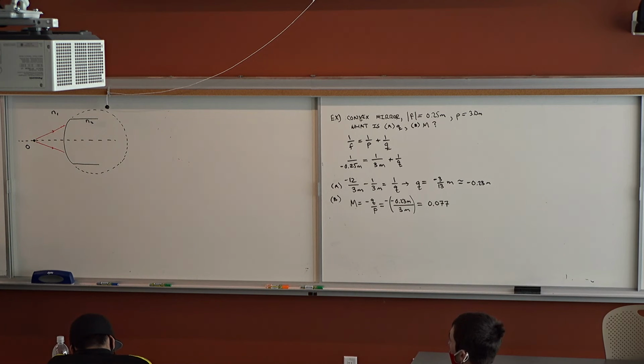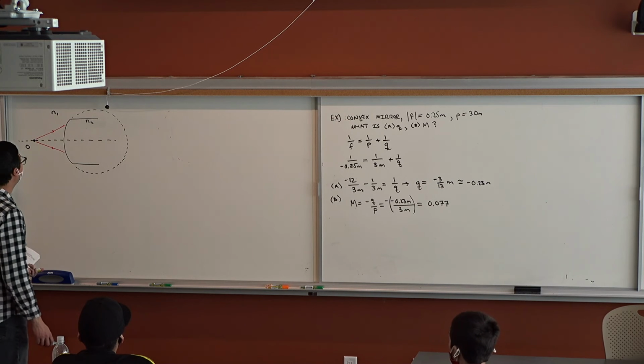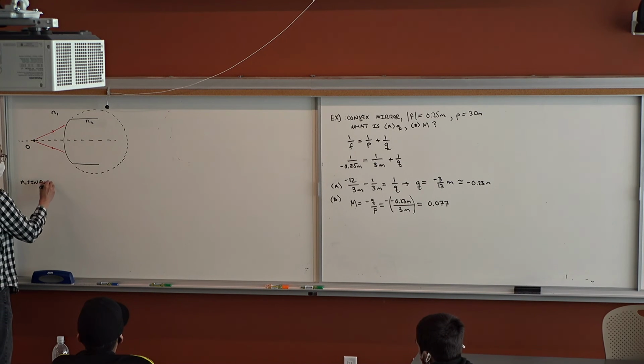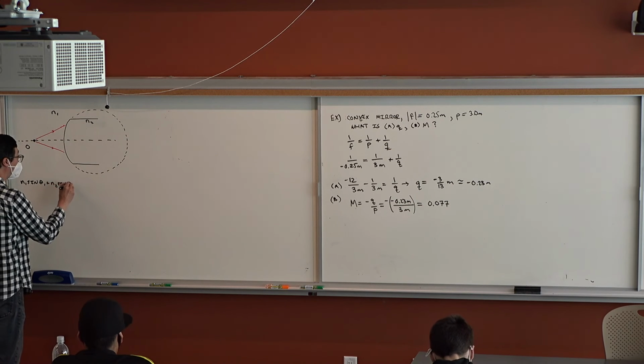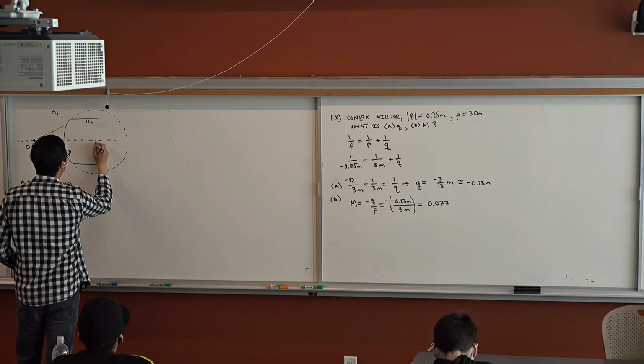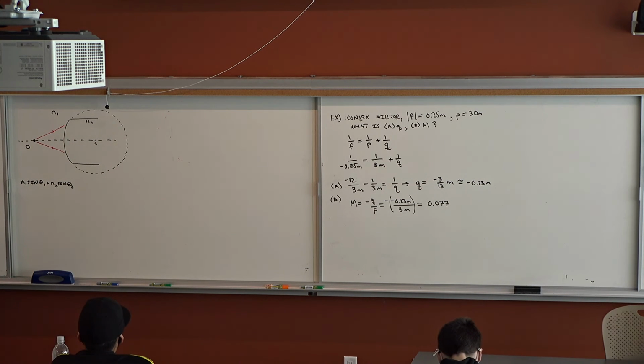So how does Snell's law work? We have n1 sine theta 1 is equal to n2 sine theta 2. But what are theta 1 and theta 2? How are we defining that? Theta 1 is the incident angle. So there's the center, right? So what is theta 1? Is that the angle when the ray is going